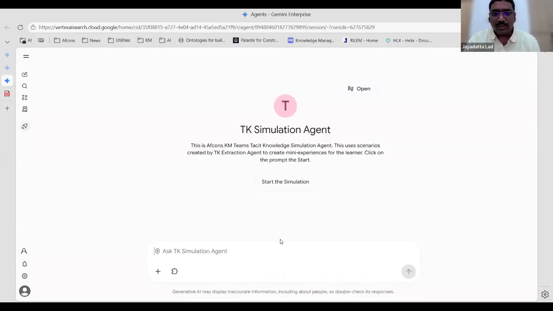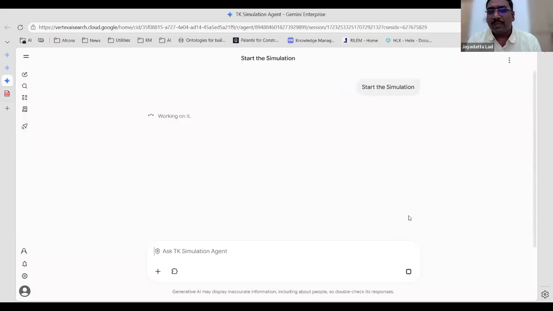Coming to the agent, you start the simulation. And here, what I've seen the benefit is, because of the generative capabilities of the modern LLMs, it can spin a very nice story around the core dilemma. So it gets you to experience that particular situation. Okay, so let me just start this. This has been built on Gemini Enterprise, but the concept more or less remains the same. So the prompts can be taken to anything like ChatGPT or Claude or any other agent system that you may want to have.